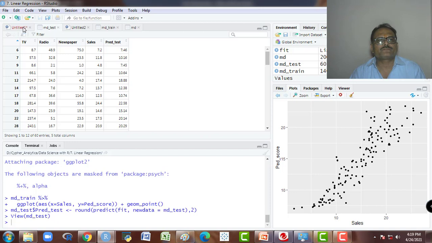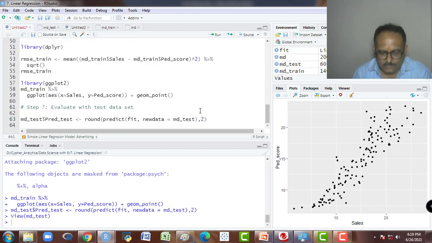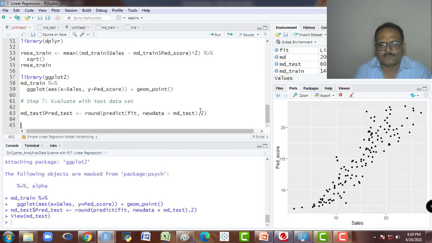Okay, so we also find out the RMSE here. RMSE for test data. So here also you will take the mean of, one more I am taking here, the bracket for making the square.